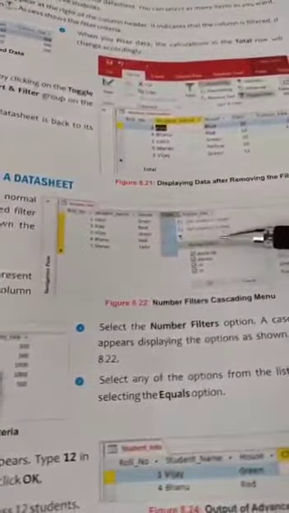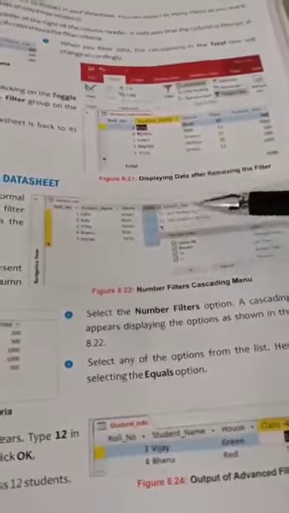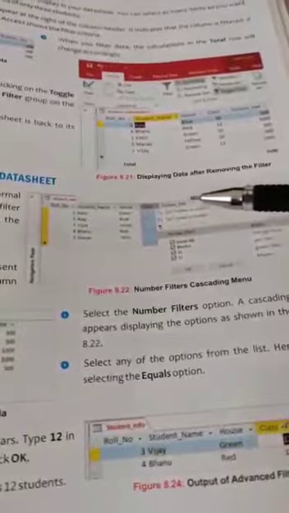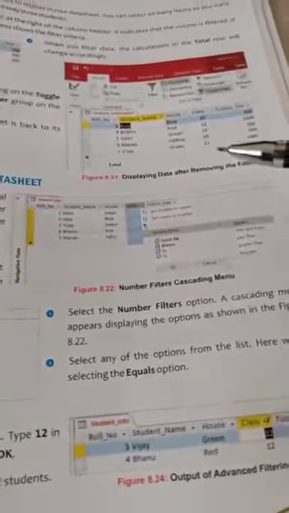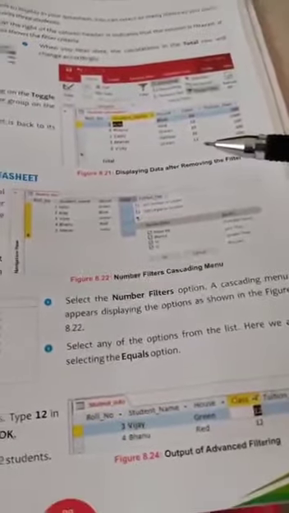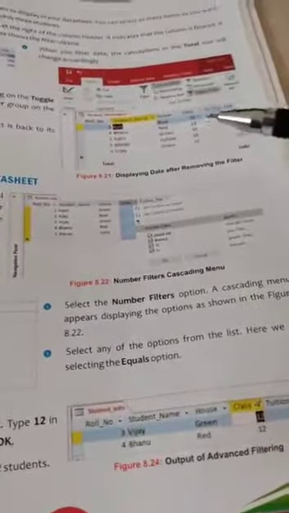So firstly, click on the drop down arrow of the selected column header, and then from the context menu you have to choose the number filters, and then from the cascading menu you have to choose the option. Here we have chosen the equal to option, and then in the custom filter dialog box you have to type 12.